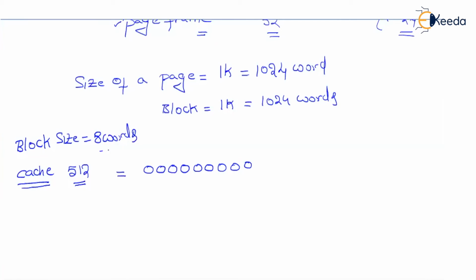As the block size is equal to 8 words, we have divided this address length of the cache memory into 2 parts. One is the least significant 3 digits, which is going to give you the word portion. The most significant 6 digits are going to give you the number of blocks. Similarly, when it comes to main memory,